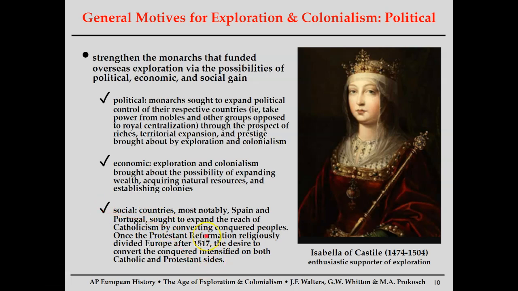Social. So here, we're talking basically about religion. Especially in the process of the Protestant Reformation, where Europe is now kind of being divided between Catholics and now Protestants. Well, we're talking about millions of people who are following polytheistic religions, which Europeans had absolutely no respect for, that's millions of people that could be converted to, at least if it's the Spanish or the Portuguese, Catholicism. But if we're talking about the English, it can also mean Protestantism as well. So the social part is largely based on religion.